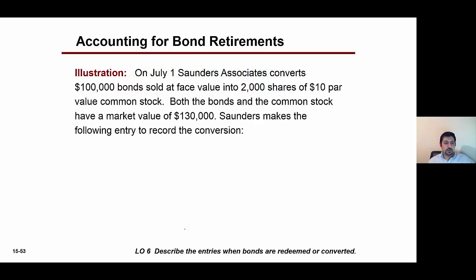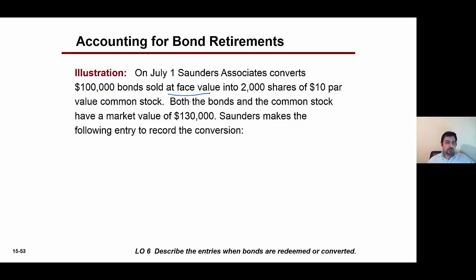So on July 1st, Saunders Associates converts $100,000 bonds sold at face value into 2,000 shares of $10 par value common stock. Both the bonds and the common stock have a market value of $130,000. Saunders makes the following entry to record the conversion. Now the company is converting bonds that were sold at face value. So in this case,